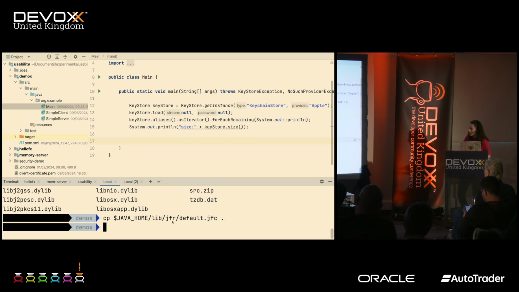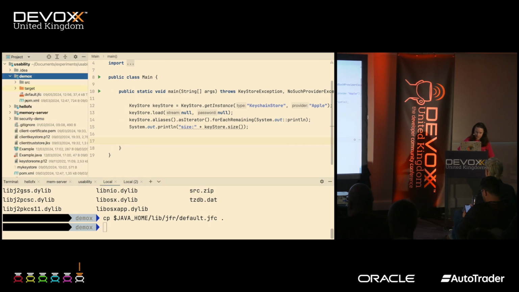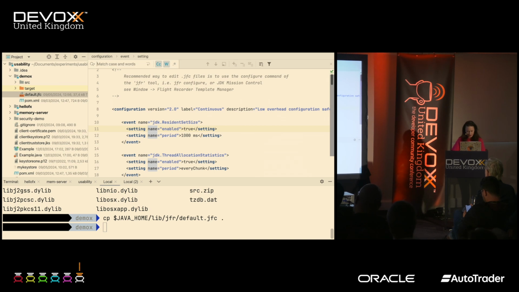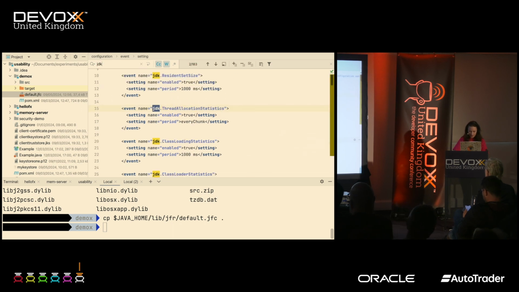In JDK 12, when JFR was no longer proprietary and became part of the JDK tools, there were a few events that concerned security that became available for you to investigate. Among these security events, let me see if this helps me. Okay, JDK TLS handshake. Yeah.